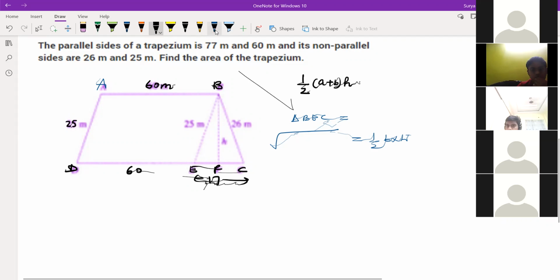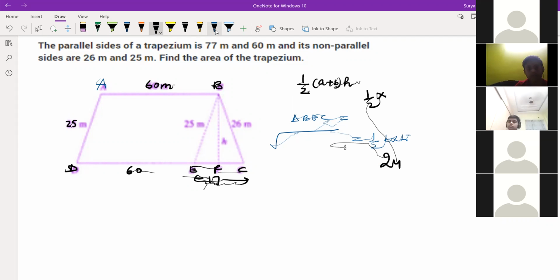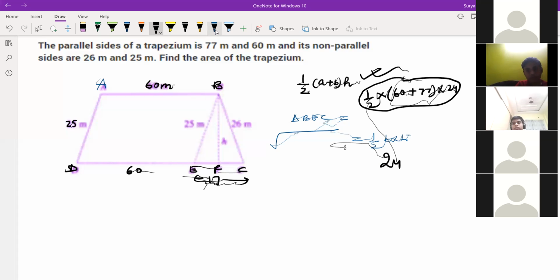Okay, children, all of you find whether the height is 24 or not. Just find, all of you. Got it, sir. 24. Height is 24 means you can put the value easily, half into 65 into 24. Not 65, half the sum of parallel sides, the big side. Acha, that you are doing, fine. Into 24, correct? Yes, sir. Then you can solve and get the answer. So this is the hardest sum of your class 9th actually. Nothing apart from this they'll ask in Heron's formula.